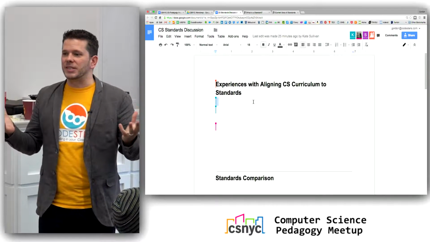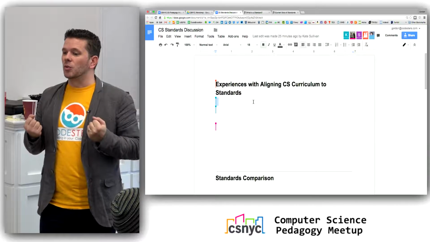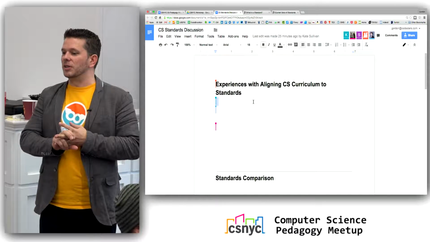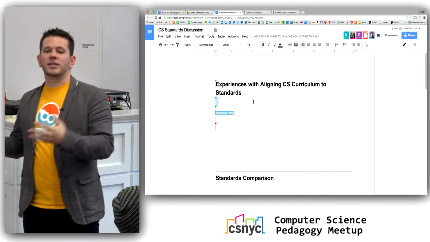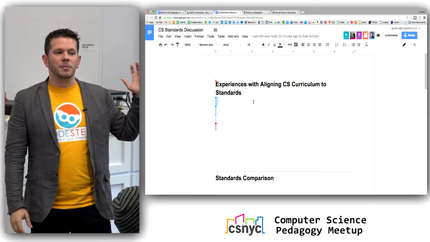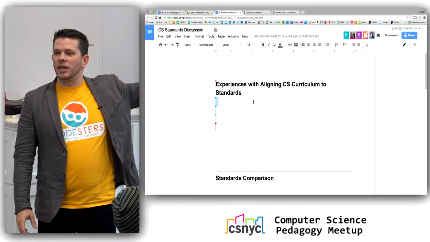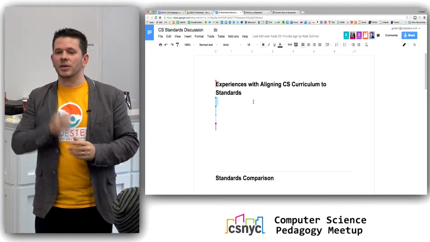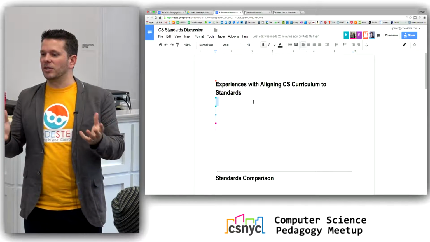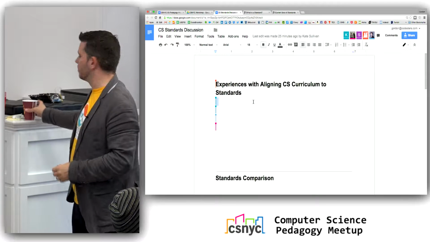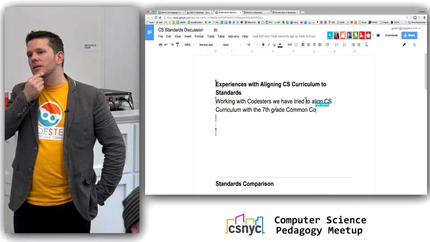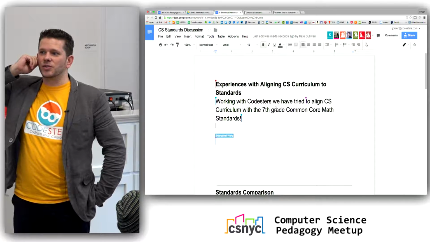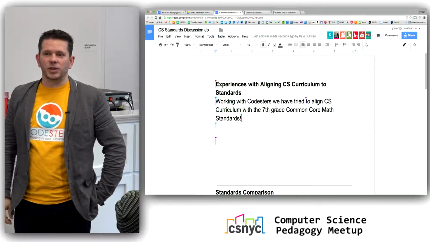I want everybody to take maybe 60 seconds and think about their experience with aligning standards, whether they're ISTE standards, CSTA standards, whatever standards they've been attempting to align with their practice in the classroom for teaching computer science. If you're comfortable writing it up in the document, or you're comfortable talking about it, we're going to want to gather some of that conversation with you as a starting point. So take 30 to 60 seconds and reflect on that and add it to the document. Does anyone want to share any experience with using any set of standards for setting up their CS curriculum in the classroom?